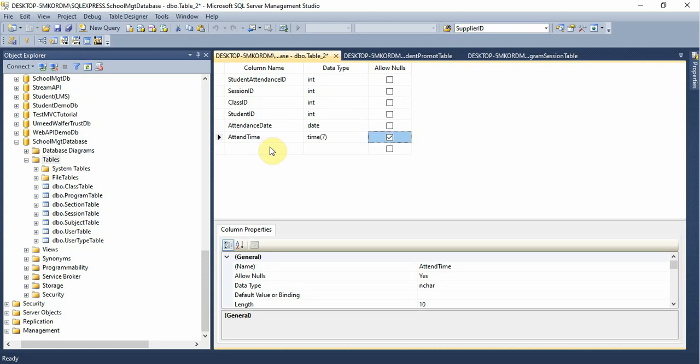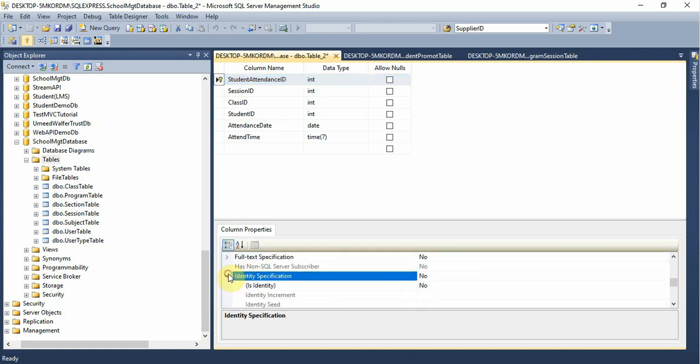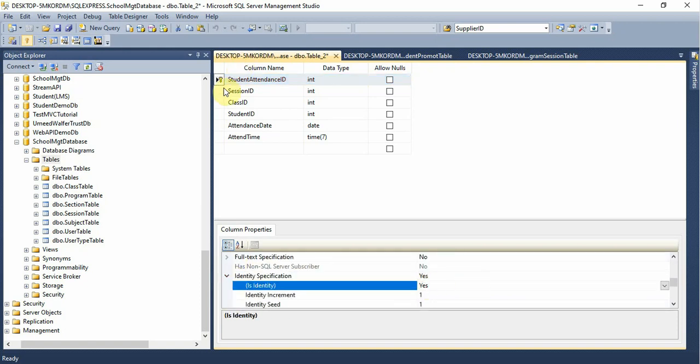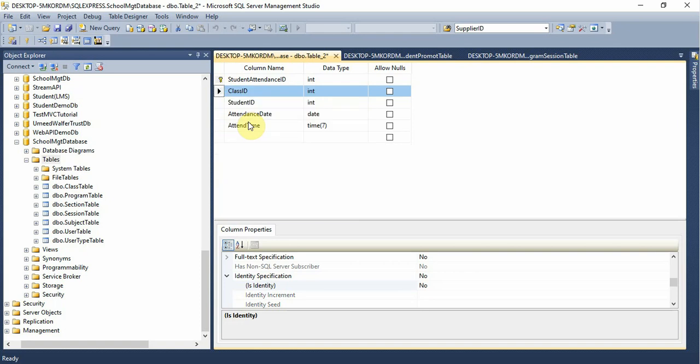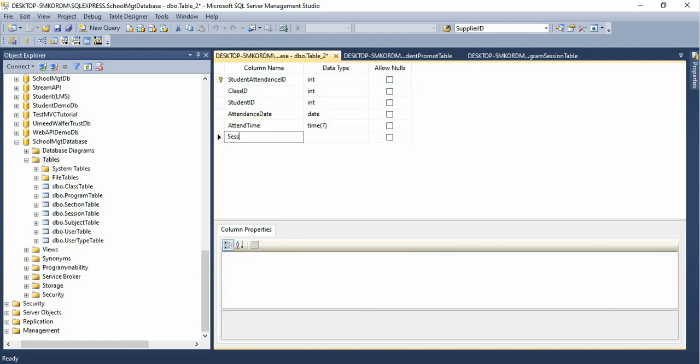It is a time. And now select this field as a primary key, and now its identity is yes. And now section, so now sorry, sessions ID and